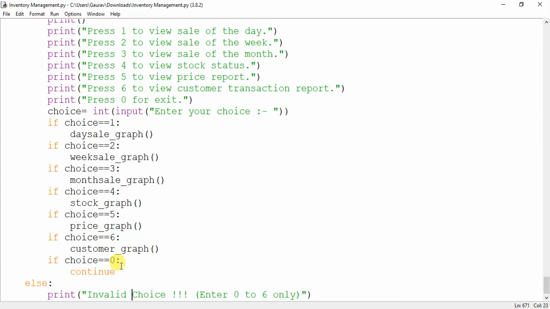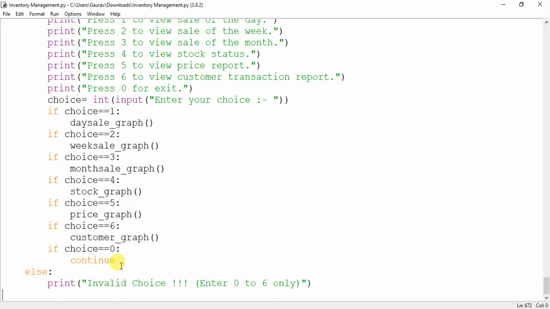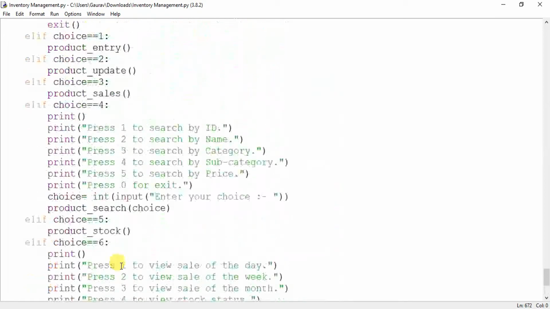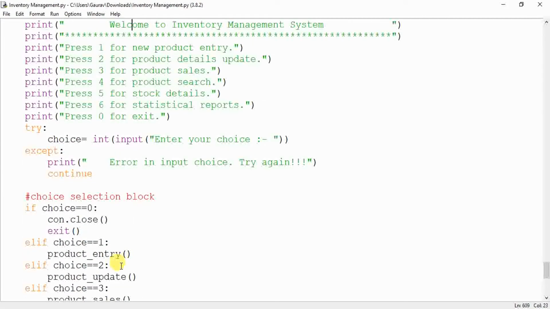And if the choice is 0, we will continue to the main menu. And if the choices are not met, you can write invalid choice, and you should tell the user that the available choices are from 0 to 6 only. So this was about the designing of the main portion.